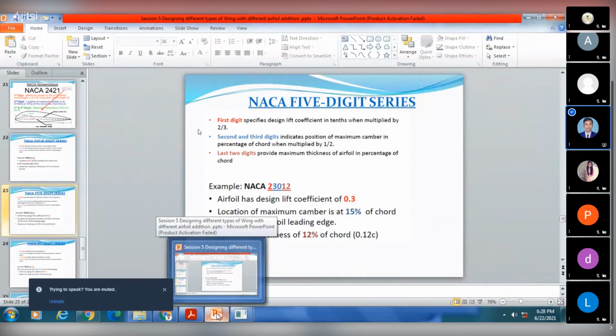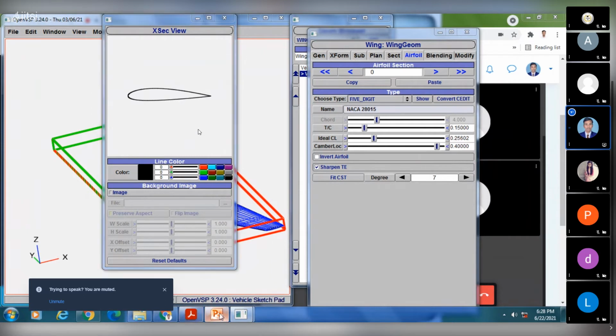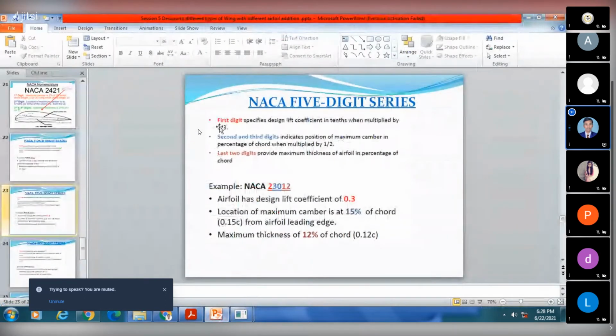As soon as you select the 5-digit series, you'll get the default airfoil, and with respect to that you'll get the parameters like thickness to chord ratio, ideal lift coefficient, and camber location. That is what is mentioned here clearly.